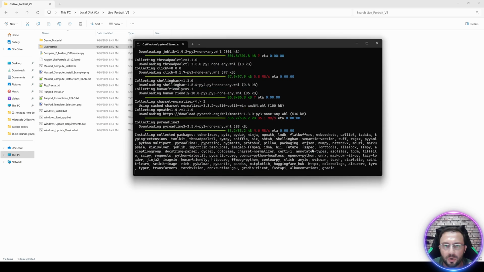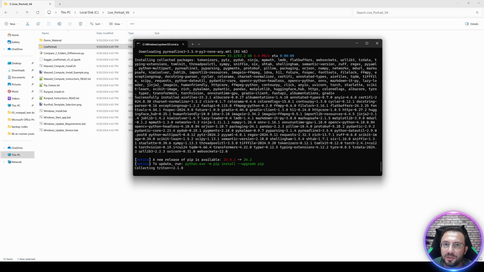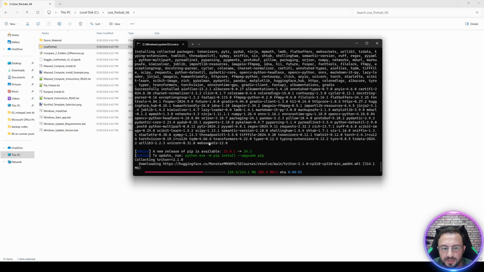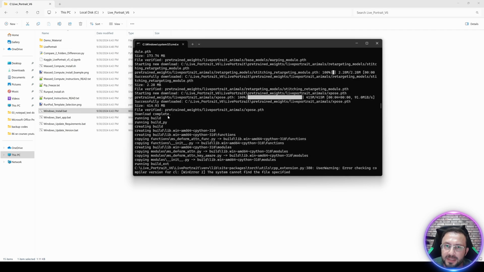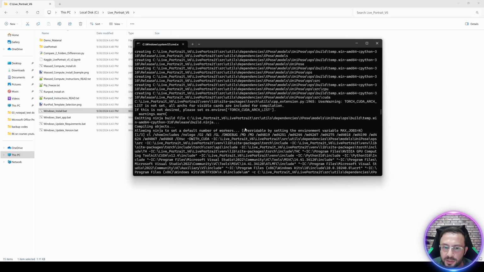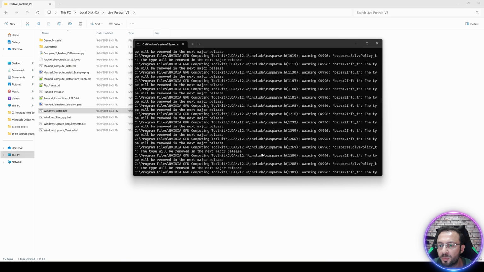During the installation or anything running on CMD, if you touch the CMD window, it may freeze. Just hit enter in that case for it to continue. You see, it is installing everything. I don't see any errors so far. It is downloading the necessary modules automatically. Okay, after the download complete message, it will start compiling. It may take a while, so wait patiently. Compiling is the most important part, the hardest part. However, you see, it is using CUDA 12.4 which we installed, and the C++ tools, to compile it.